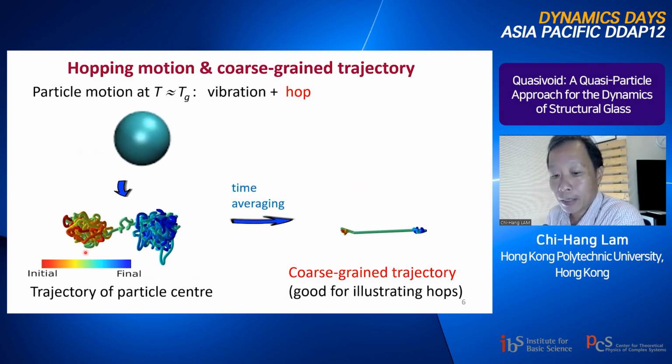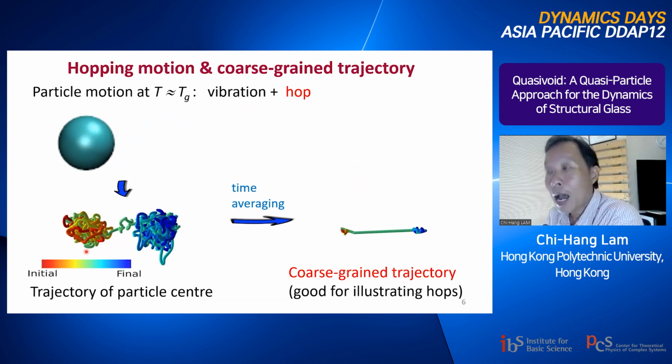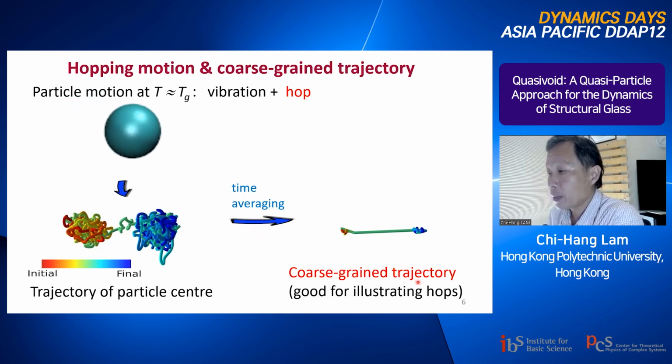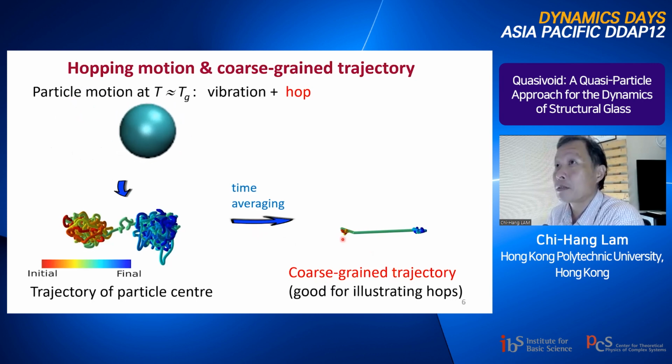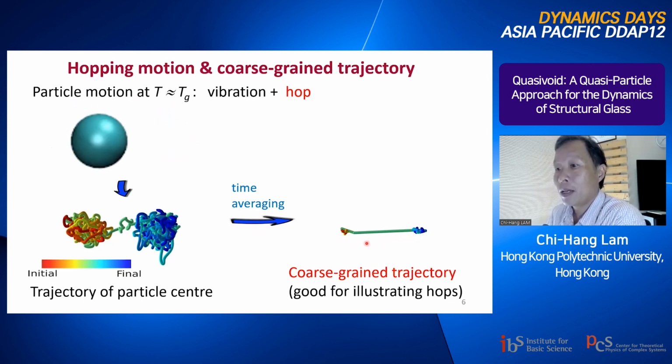And so we see that it vibrates at some metastable position, and then all of a sudden, it hops to another metastable position. And it is a time-colored trajectory. So the color is assigned according to when it happens. We can further do some moving window time averaging to get a coarse-grained trajectory so that vibration is mostly suppressed and the hopping event is highlighted by this long line segment. This is called